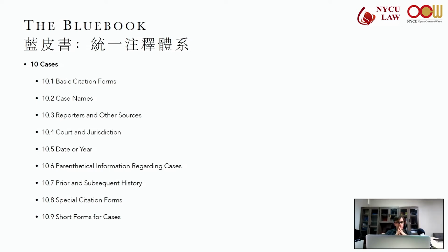Descriptor terms. Terms like administrator, appellee, executor, licensee, these kinds of words can be omitted. So there might be a case against an administrator, meaning against a person in their capacity as an administrator, not against this person personally, but you'll get rid of the title.